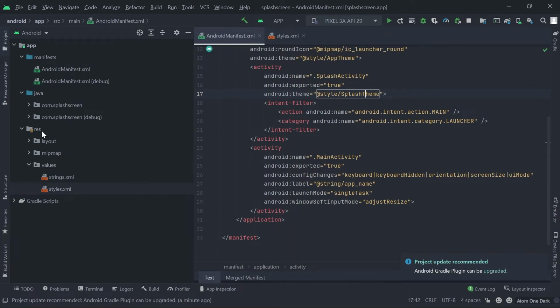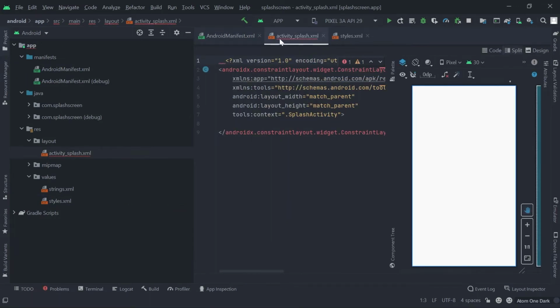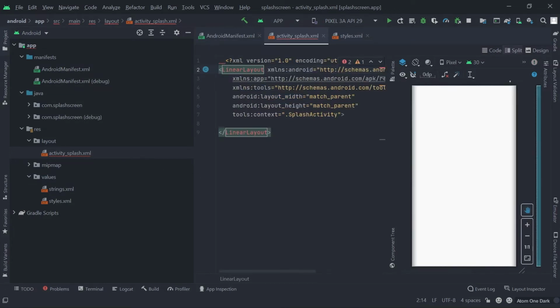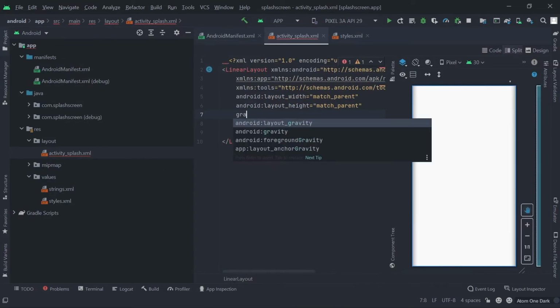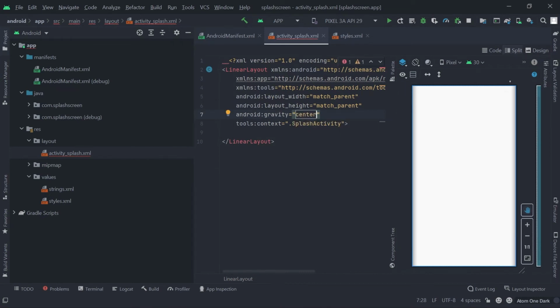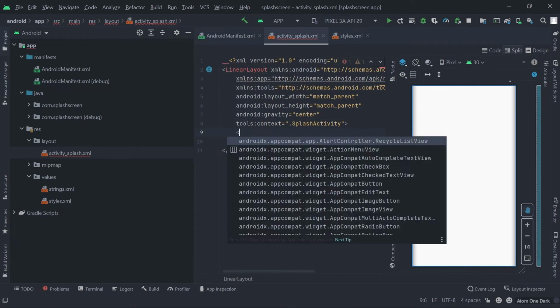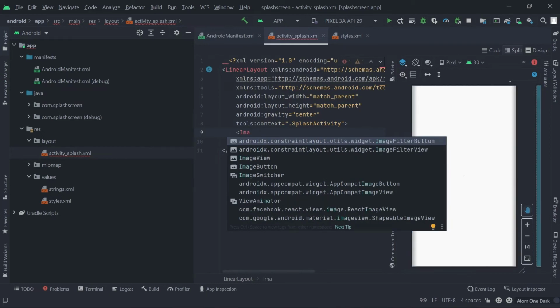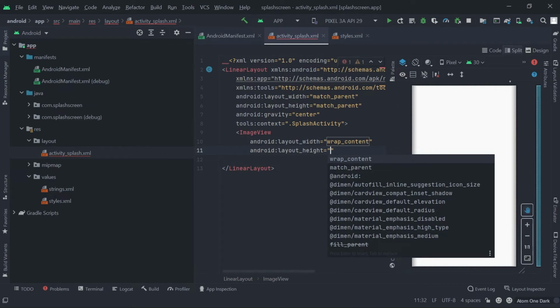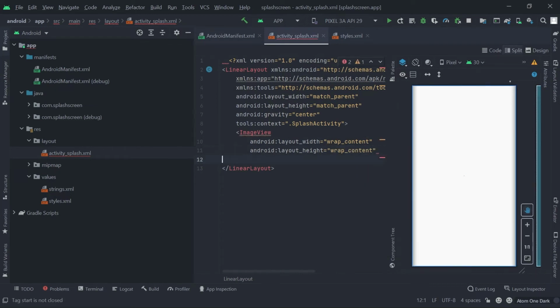Now go to the layout folder and then click on activity_splash.xml. Now just replace the current layout with a linear layout. Just add a gravity tag here and make it center. Now inside the linear layout I will add an image view. The width is going to be wrap content and the height is going to be wrap content. The background for our image view is going to be,